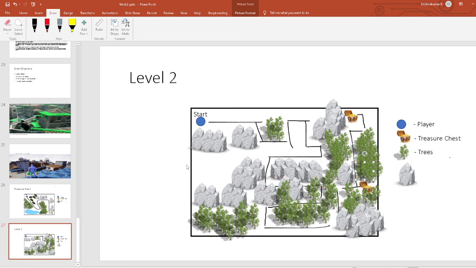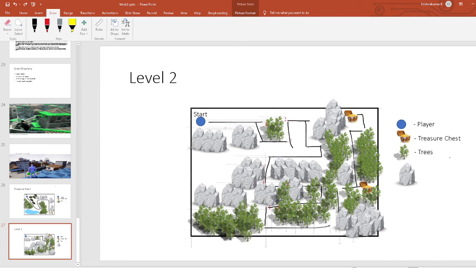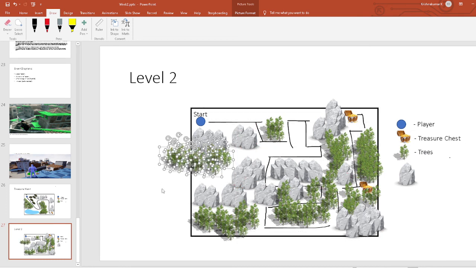So like this we can have, and so we are having this. So if I'm going to erase this, you can see